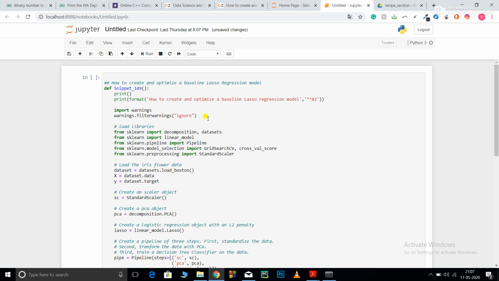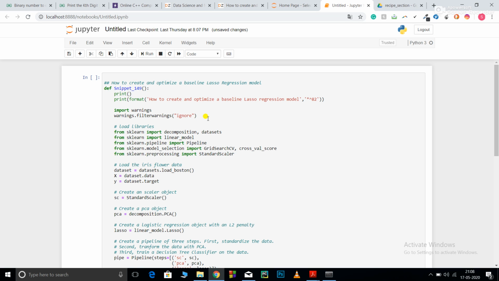Lasso regression is also a type of linear regression, but it also has a regularization parameter. So what is a regularization parameter? We generally use a regularization parameter in order to avoid overfitting. What is overfitting? When you train a model, sometimes your model tries to fit so well in your training data set that it becomes prone to mistakes for the testing data set. That is, if any new data points are seen by the model, it is not able to predict properly for the newly seen data points. So this is what overfitting is, and we need to prevent that.